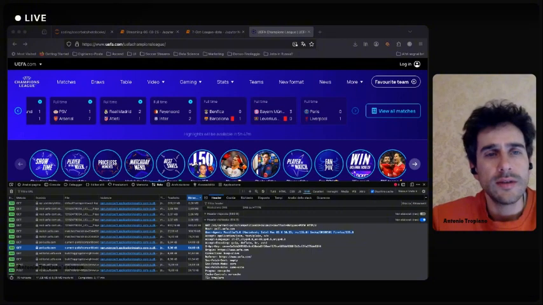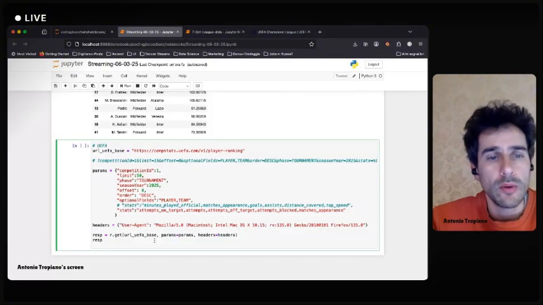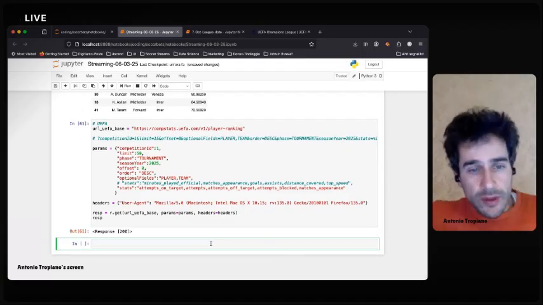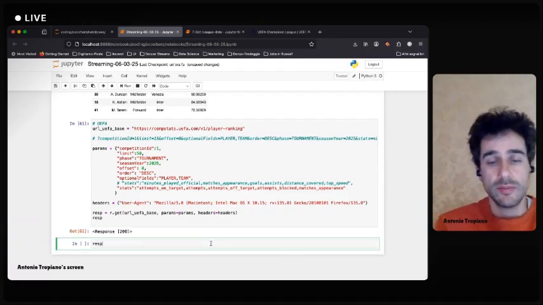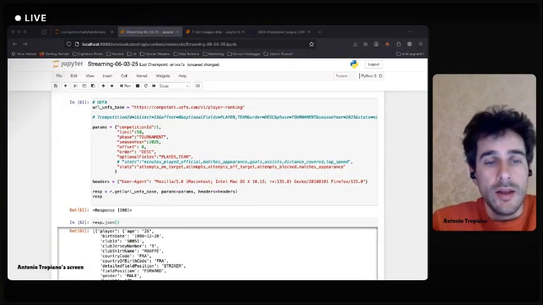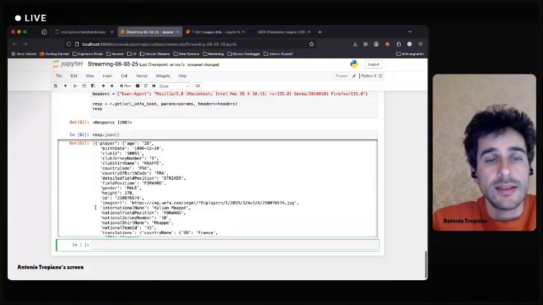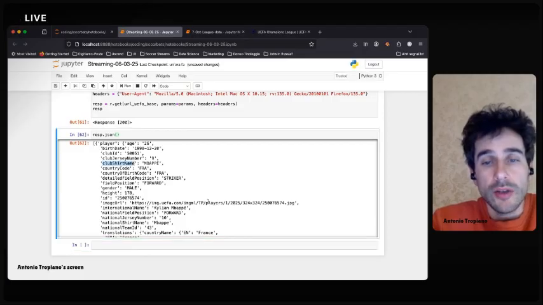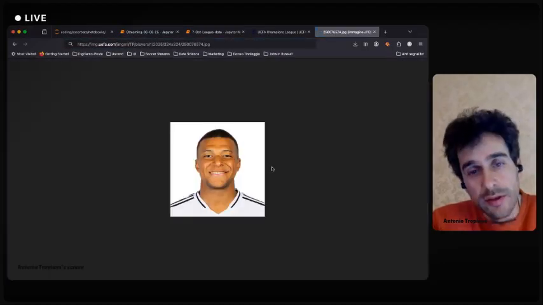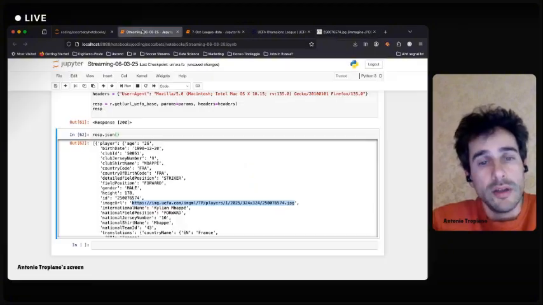So let's look at what we get if we run the API call like this. We get 200. And what's in the response again should be a JSON. So just parse it as a JSON. And we have a nice list of players. First player, Mbappe, with club, shirt name. You can have the image URL. So for example, copy paste it into your browser, you should get a JPEG of Kylian with a nice Madrid